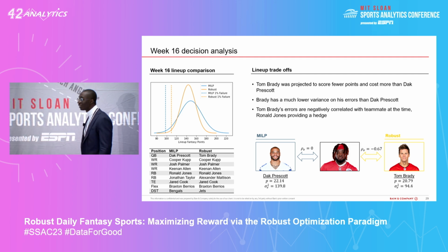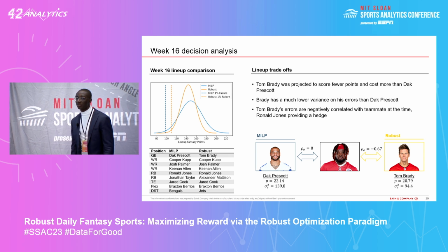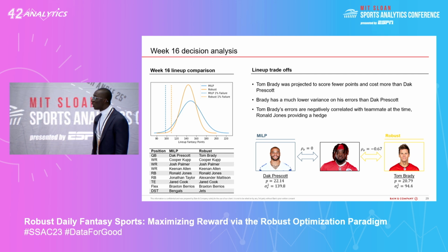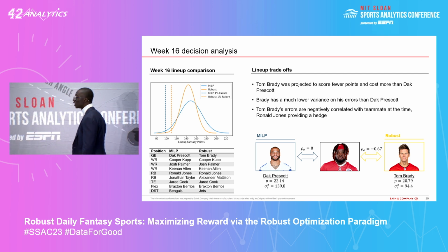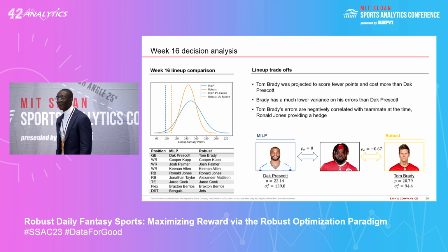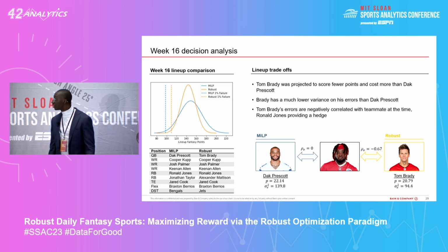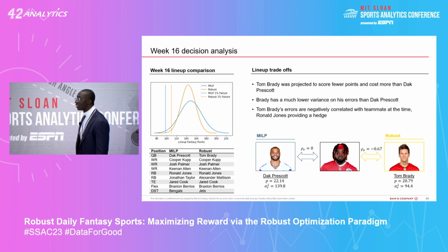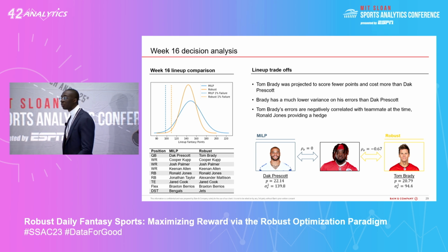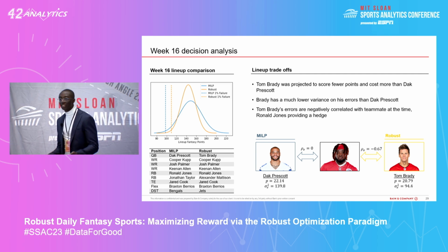So this is week 16 between the robust and the basic strategy, and they look very close except for the selection of quarterback. It went with Tom Brady over Dak Prescott, despite the fact he was projected to score fewer points and cost more money. It went with Tom Brady because he had lower variance in his errors, but also because his errors are negatively correlated with teammate Ronald Jones's. So when Tom Brady underperforms, Ronald Jones tends to overperform, acting as a hedge and stabilizing the outcome of the